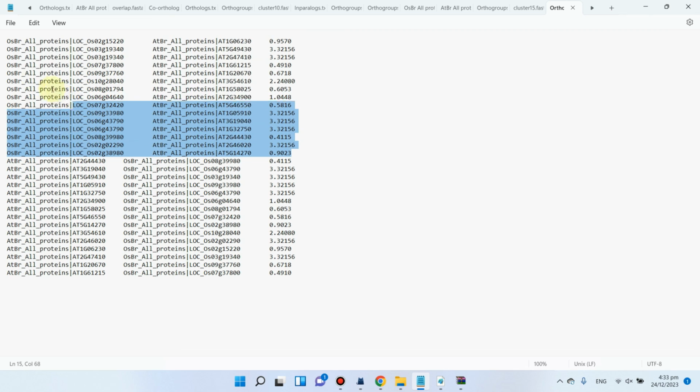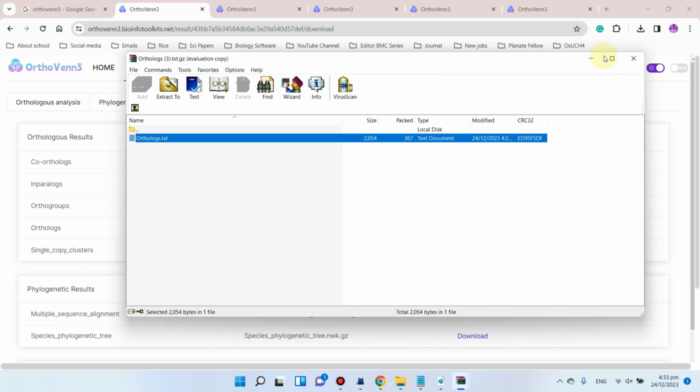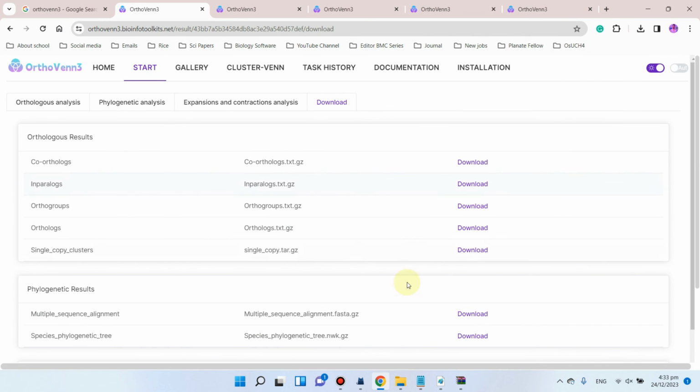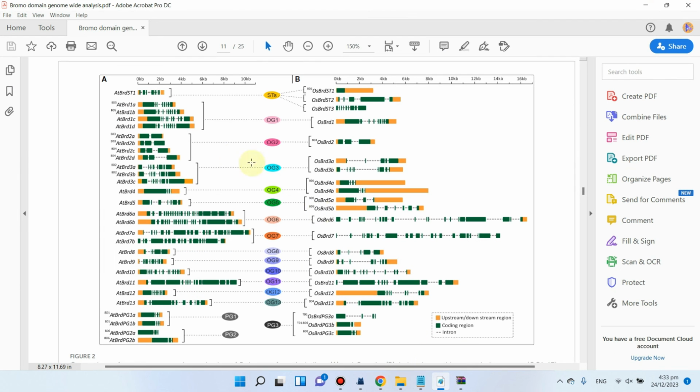So here are the different pairs of genes which are orthologs to each other. Hopefully in this way you can find orthologs, download them, and divide your whole set of the bromodomain family into orthologs groups and paralogs groups, and similarly into their singleton categories.